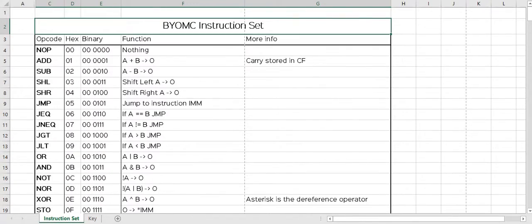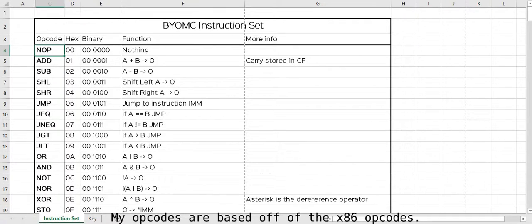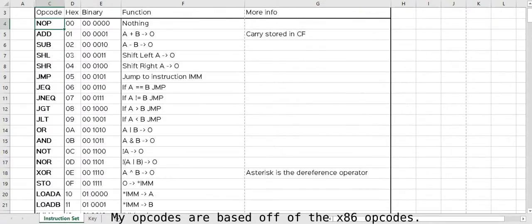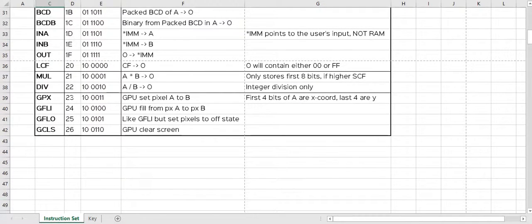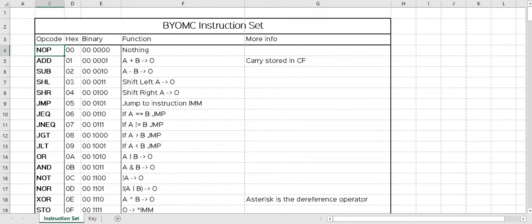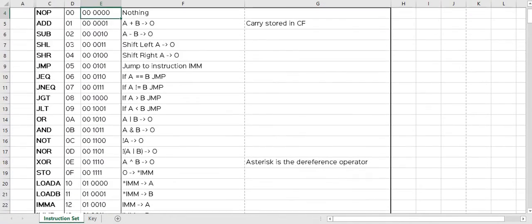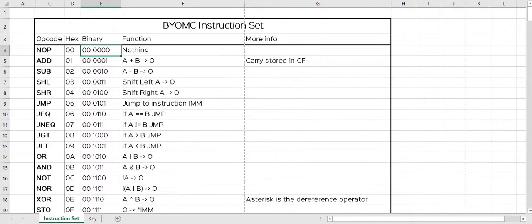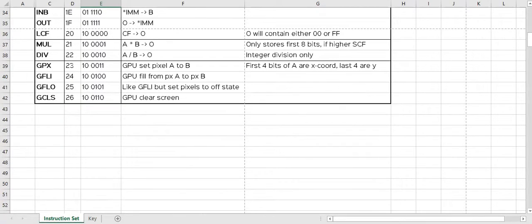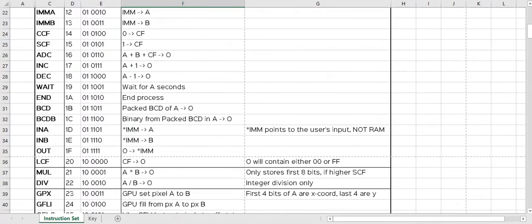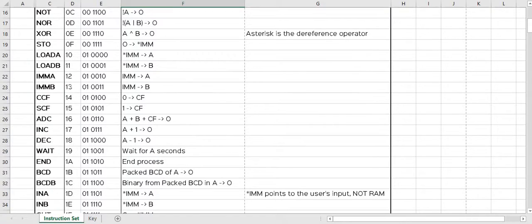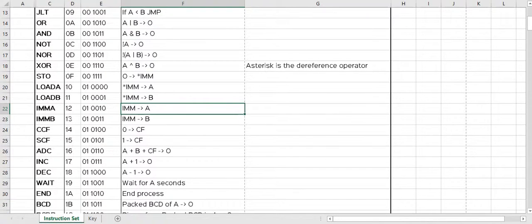So I have got a sort of user-friendly opcode to tell you what all of these things do. Obviously when you run them in the computer, you're going to have a binary value that will be executed, but there are parameters that we're going to need to pass in. The way it works is we type in our opcode. Say we wanted to store an immediate value or a constant into register A, that's IM_A,